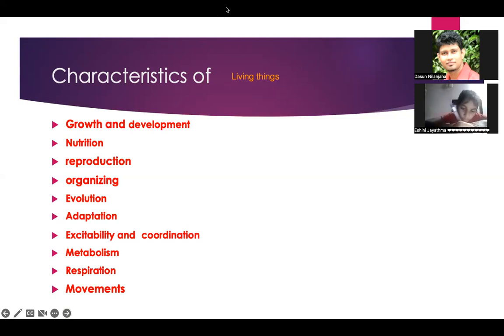The second thing is nutrition. Right? What is nutrition? This is what your mother is always worrying about. When you have not taken your breakfast, when your lunch box is not empty, they are worrying. Why? The nutrition, that's a problem. Without nutrition, what will happen? Your brain will not grow well. You cannot develop yourself very well. So it's really needed. That is why you have to eat some food even though you don't like it.